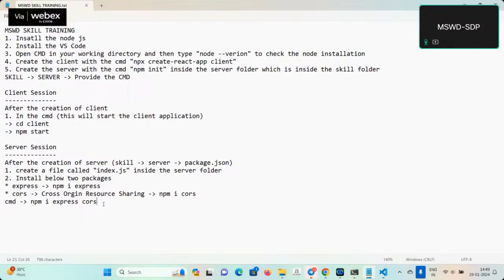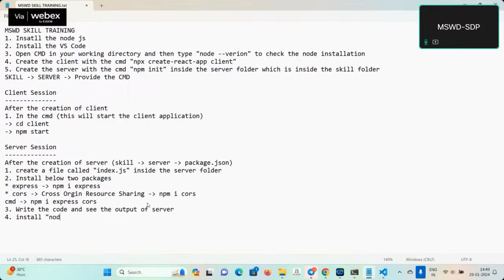Then one more package required. But after this, third point, write the code and see the output of server. Then fourth point,